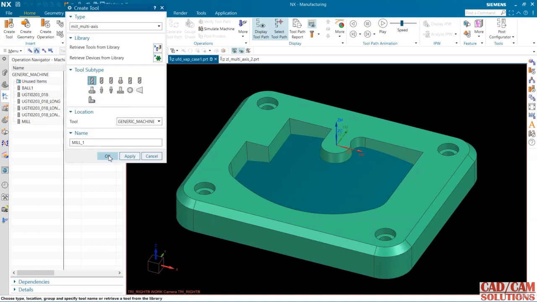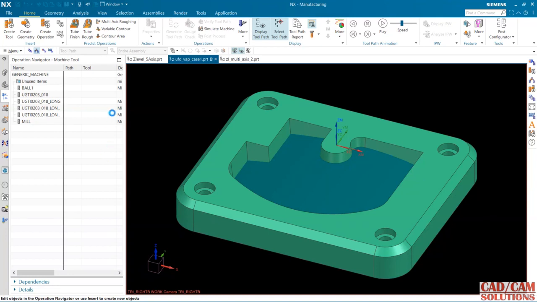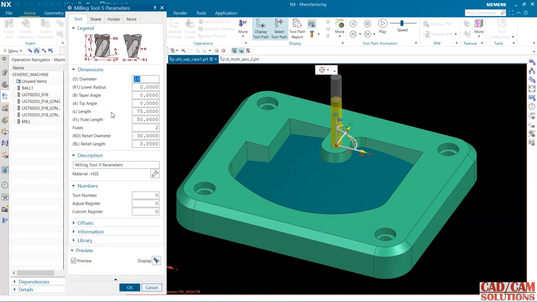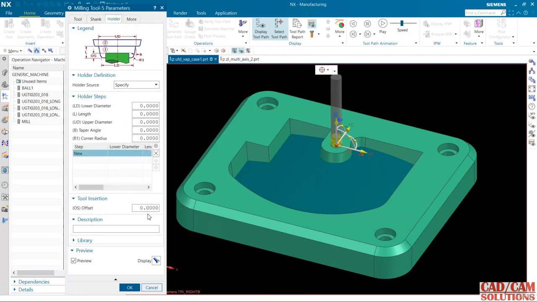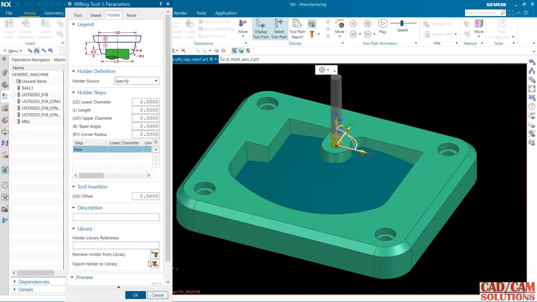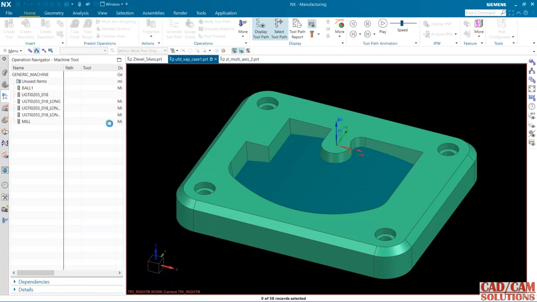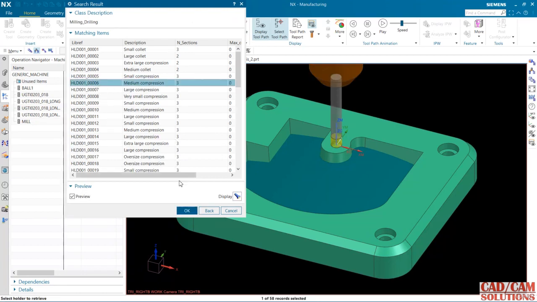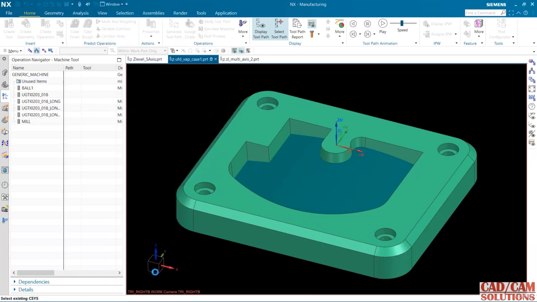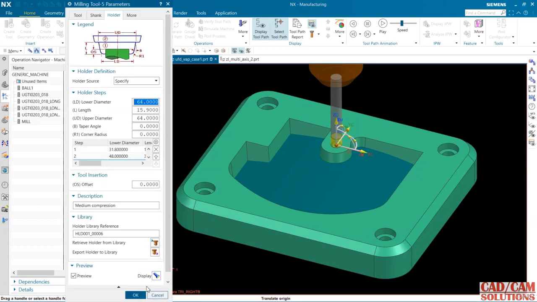I am using an anvil, and lower radius is, and the float length. Okay, and I want to add the holder, so I'm retrieving the holder from the library, and my holder is medium compression holder. Okay,